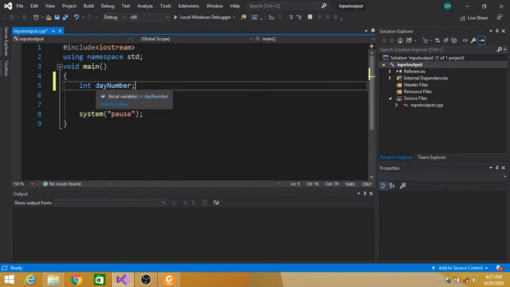This is known as camel notation, camel casing. If we want to name the variable according to Pascal notation, then D will also be an uppercase letter. So this is known as Pascal notation, and if this D is small, this is known as camel notation.